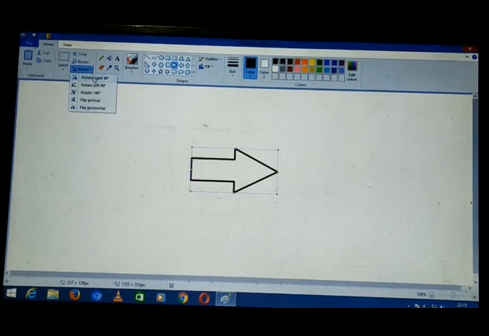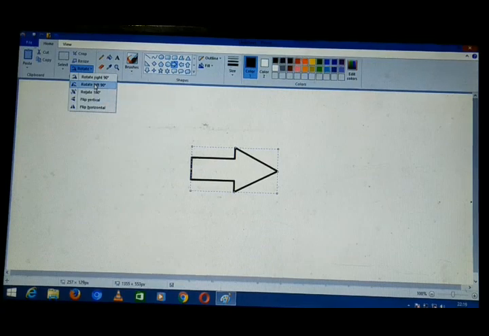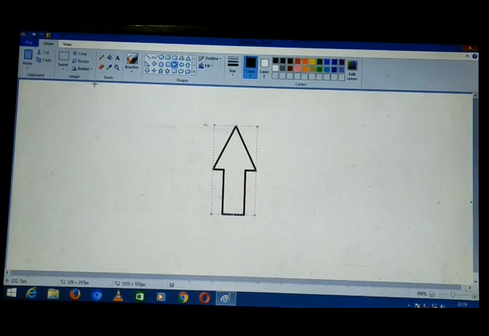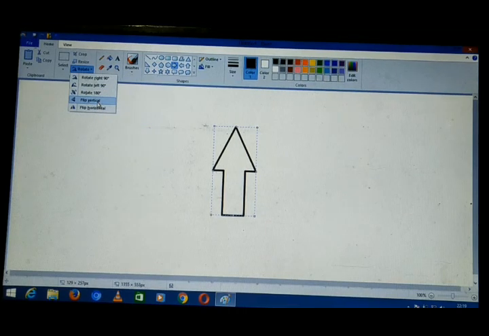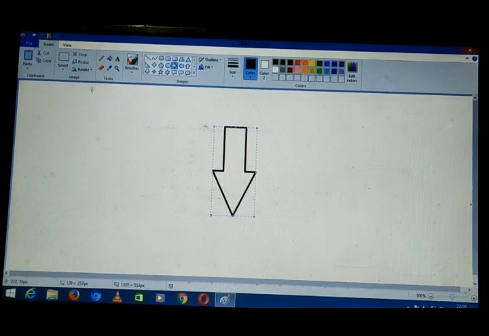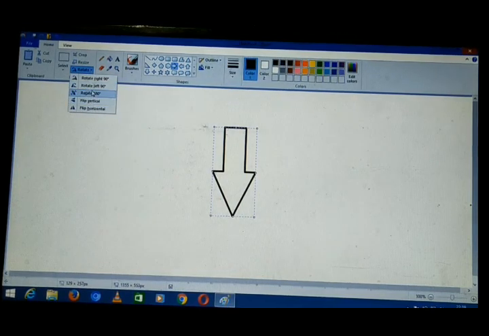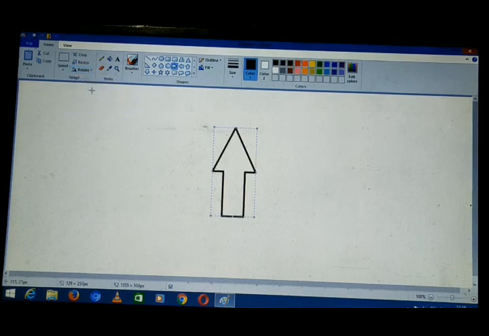Once again I am showing that rotate left 90 degree. So it is going back to its up position. If I am showing that rotate vertical, means the top part of the arrow, the pointed side, will be pointing in the downward direction. You can see this is rotate vertical. I am making it rotate 180 degree, so it is becoming